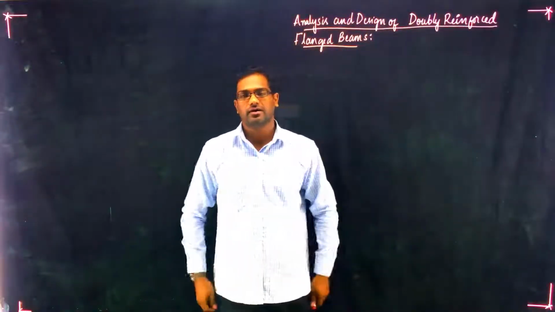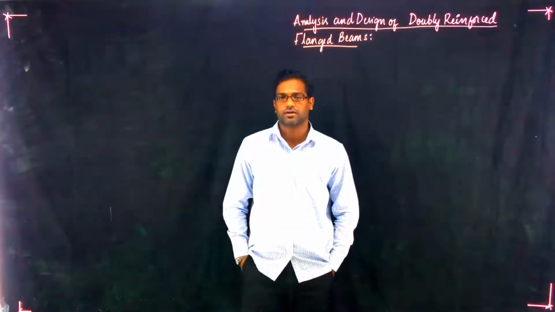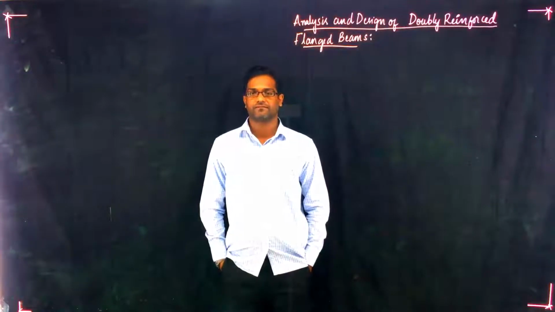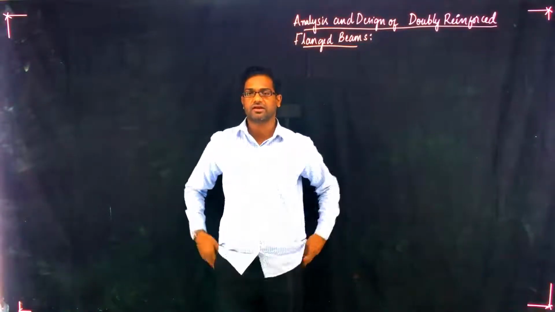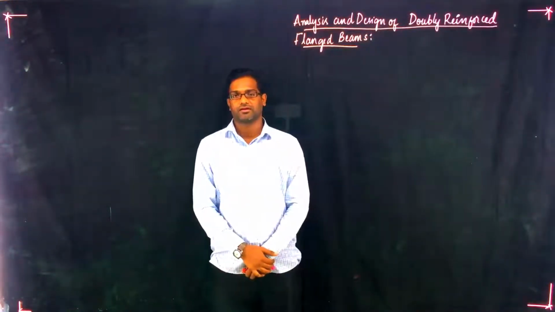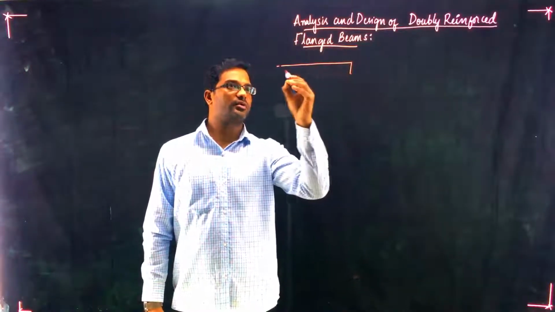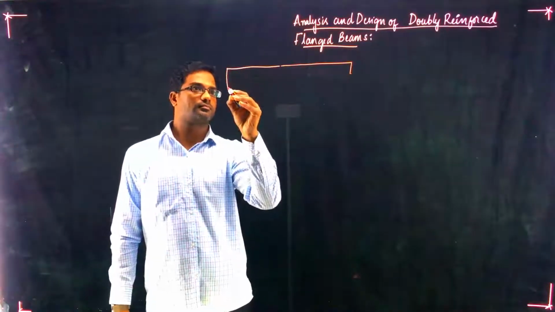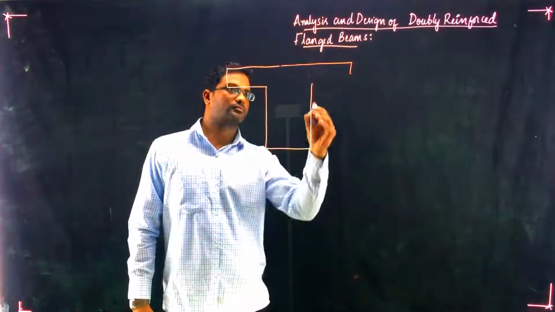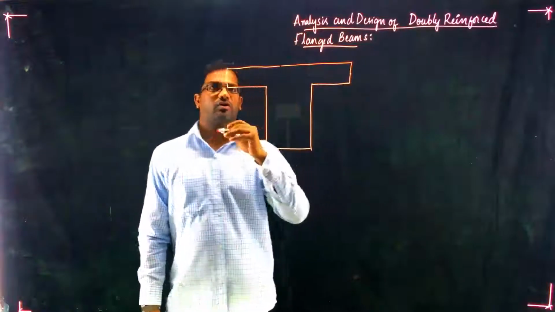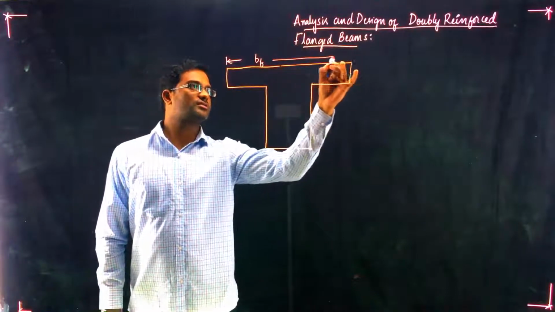Analysis of doubly reinforced flange beams is similar to doubly reinforced rectangular section beams. The only change you find in flange beams is the shape of the beam. So let us take a T-beam, of breadth BF, breadth of flanges BF,